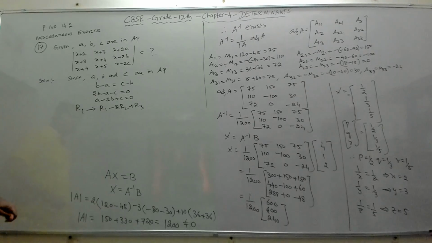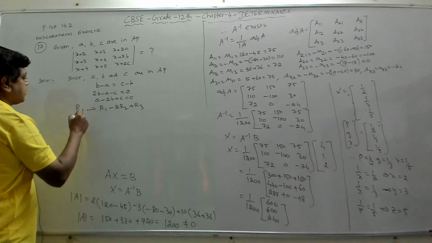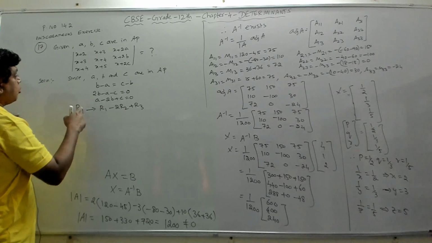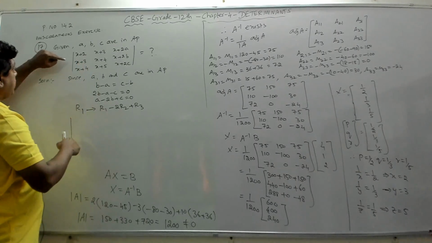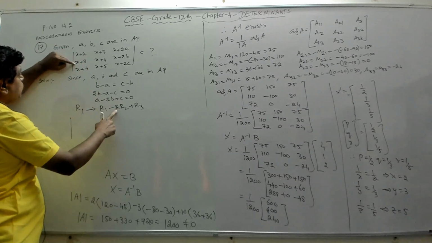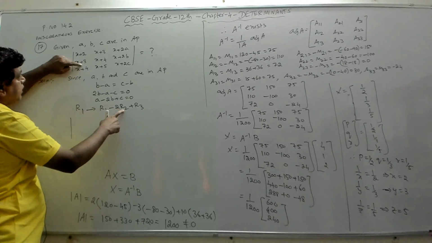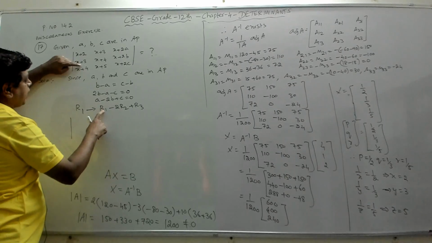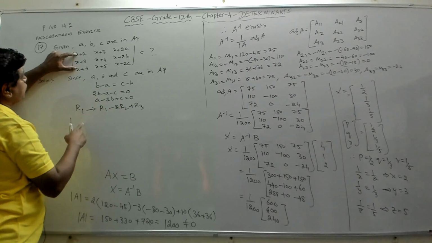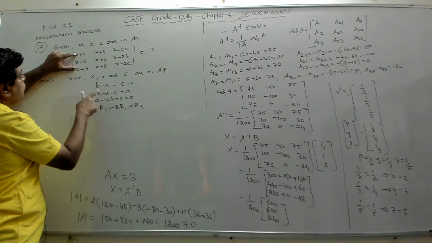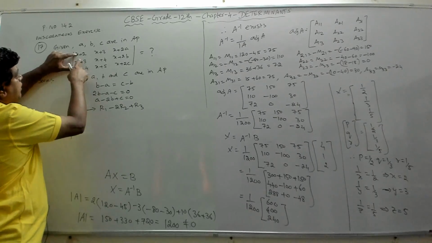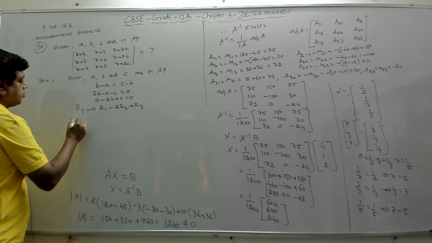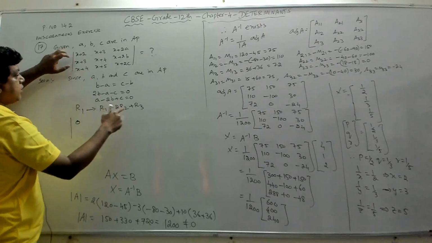If we apply this, our row 1 becomes x plus 2 minus 2 times x plus 3, then plus x plus 4. So we are basically adding this and this. x plus 2 plus x plus 4 is 2x plus 6, minus 2 times this, minus 2x plus 6. So 2x plus 6 minus 2x plus 6 will become 0. You can do this rough calculation here if you want.